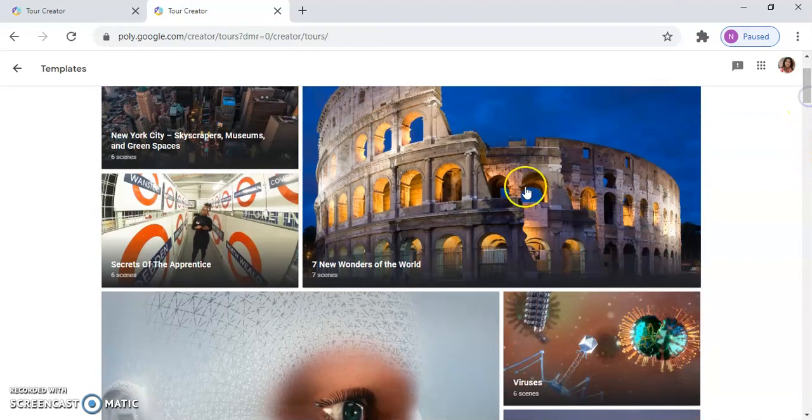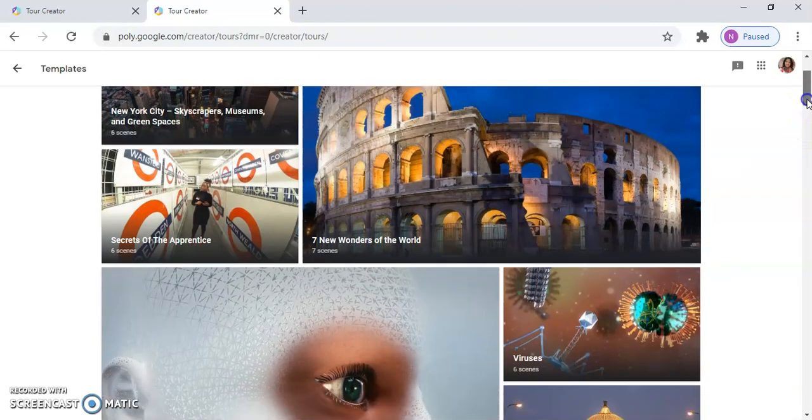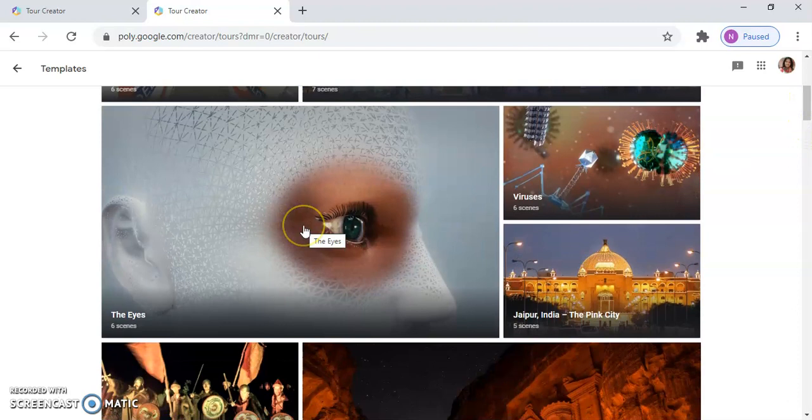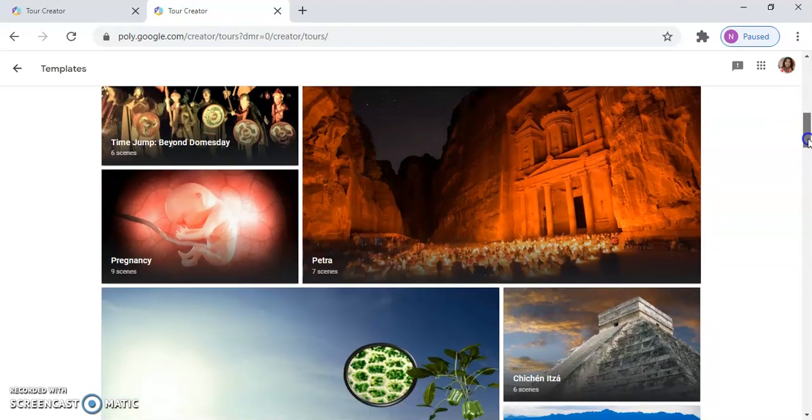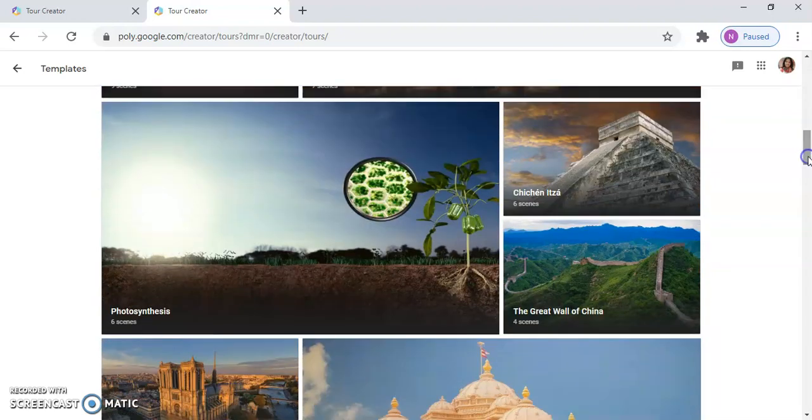So you can map this to the subject of history. Then there is another tour regarding the eyes. You can map this to the subject called science. You can map viruses as well to your subject. So you can map these templates according to your subjects and make your classes interactive.